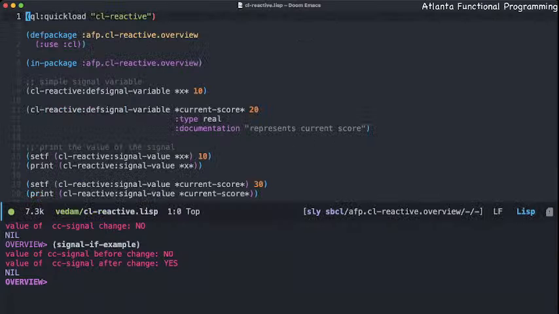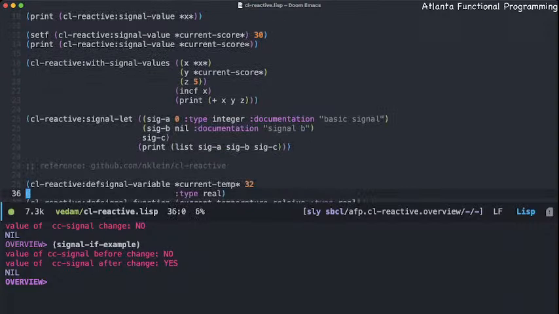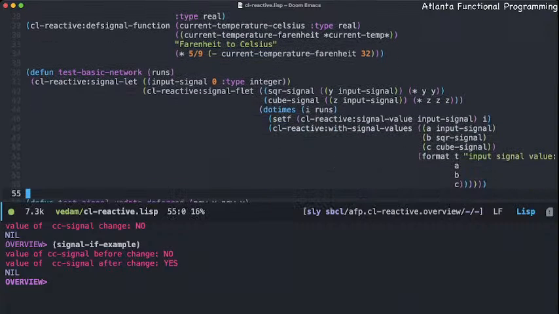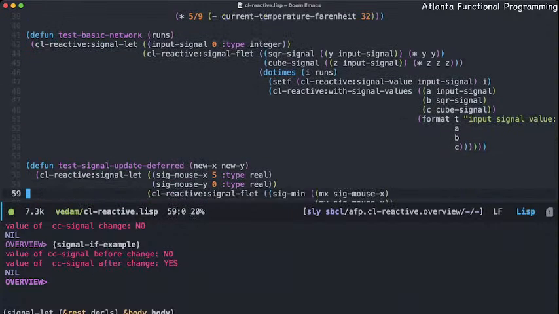One thing that I wanted to kind of show that I found something interesting is when we've gone through quite a few things last week, mainly deferring signals, how to define basic variables and basic signal functions. Our first very basic network that we defined last week, where we just simply set up a simple network with a simple input signal that was a variable that, when changed, will compute automatically using the signal flet, the computed signals for the square and the cube. We also talked about